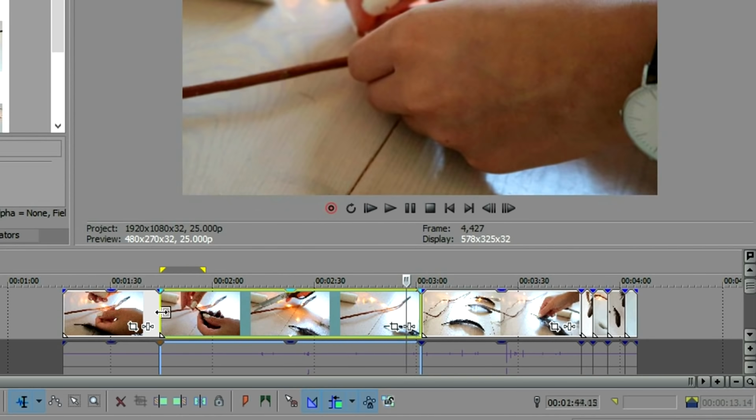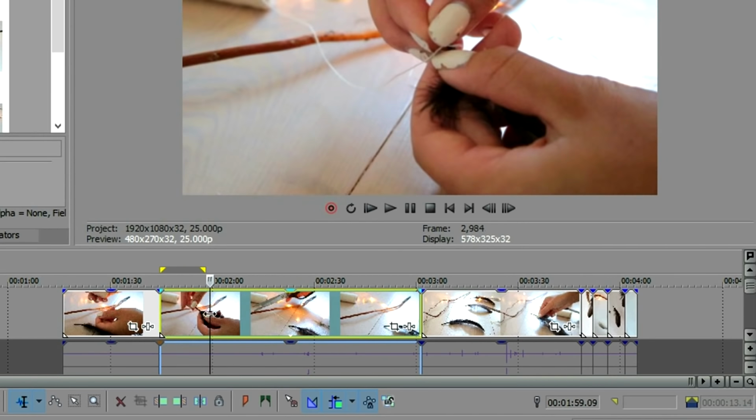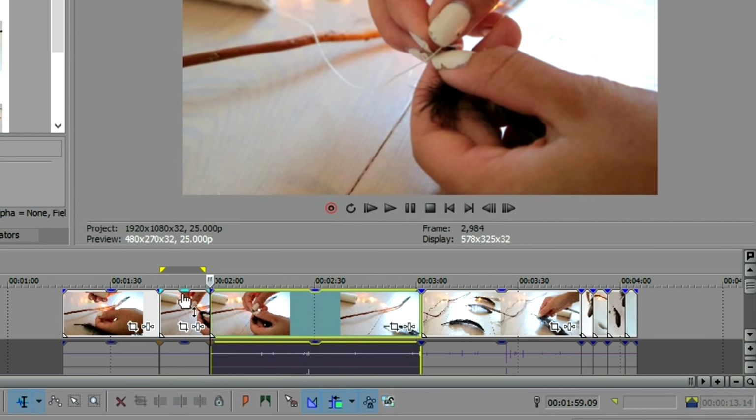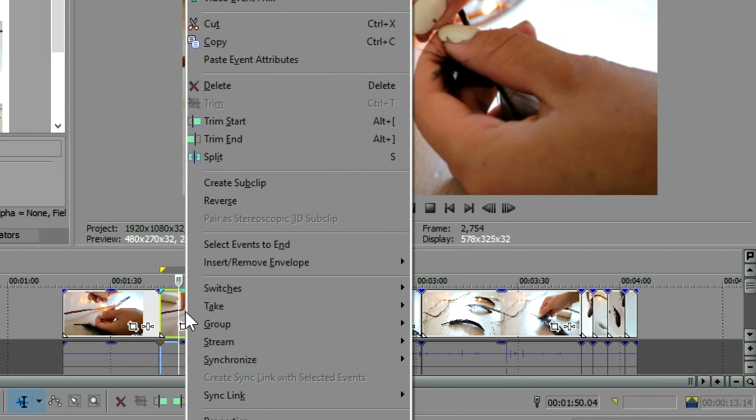And now I'm going to show you how you can change the speed in Sony Vegas. For example, I have this part of the clip, and until here, let's say, I want to speed it up a little. So I'm going to click again on split, and I want to have this part of the video a little bit faster. So again, right mouse click, and then you click on